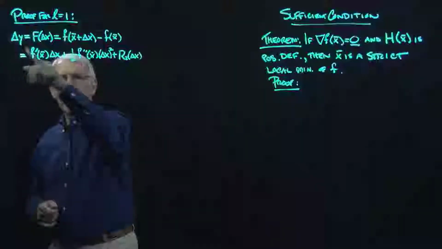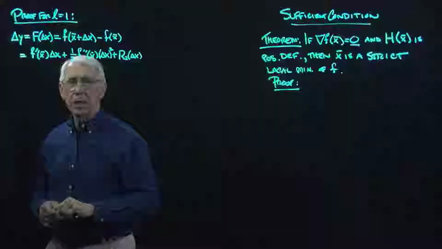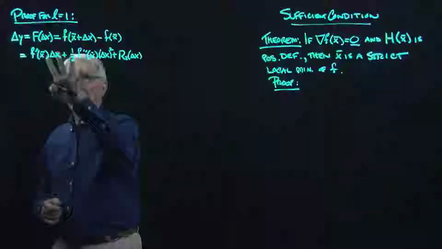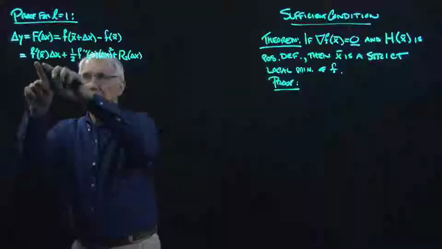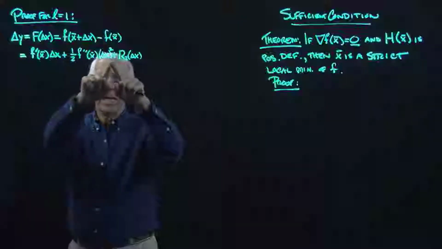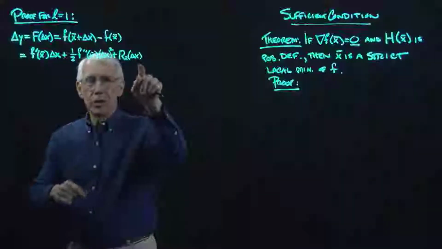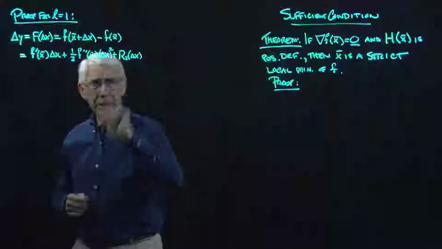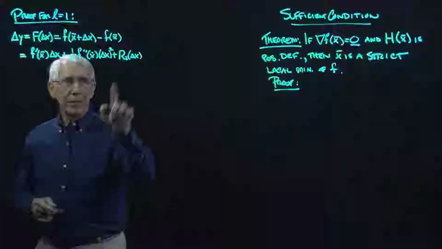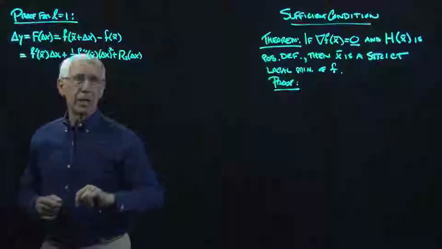So I've taken that over to the left-hand side for this difference here. And so this is the exact change in y. This much here is an approximation, and then this is the residual or error or remainder. And what we know about this is that this R2 function of delta,